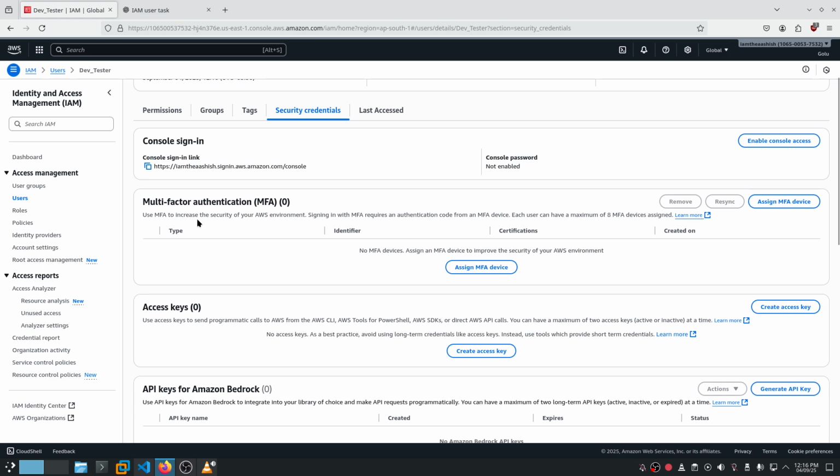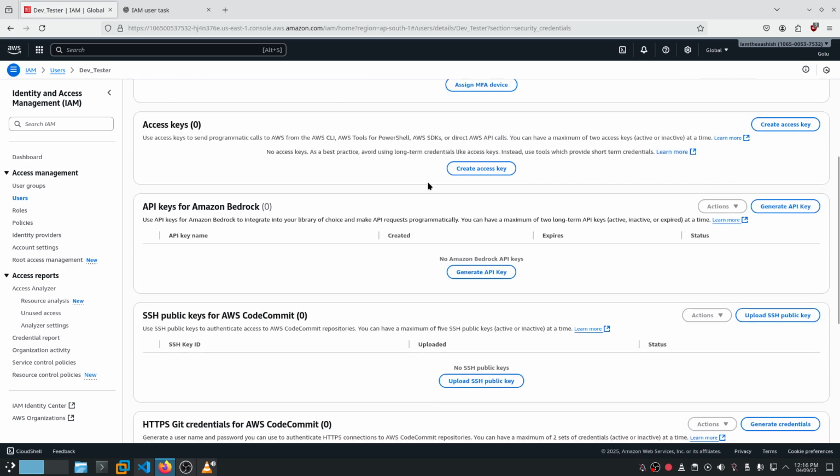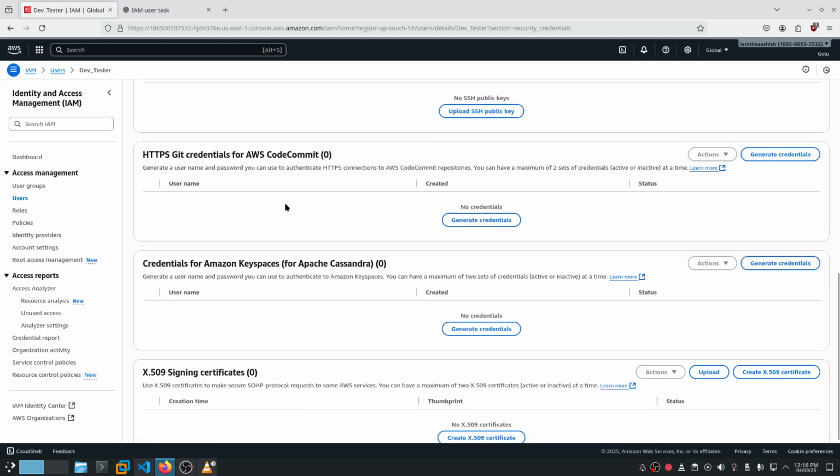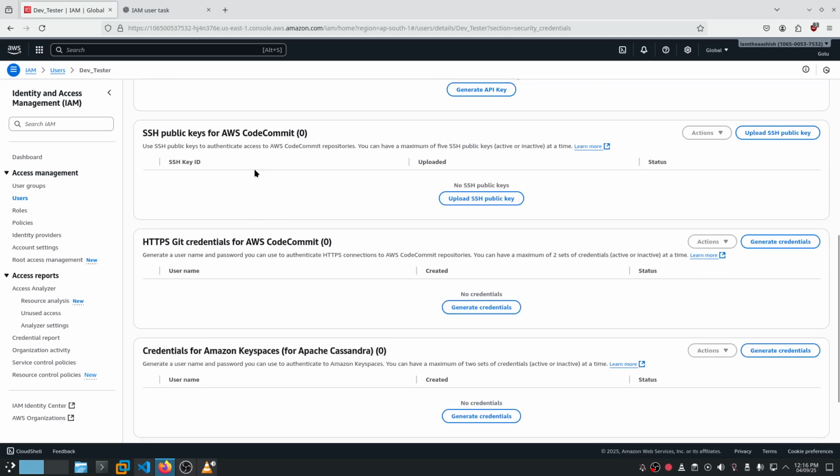They don't have multi-factor authentication on. Their console sign-in link is the same as for all users. They have no access keys because they are just created now. SSH public keys. I don't know anything about this right now, but I'll surely know. HTTPS Git credentials.